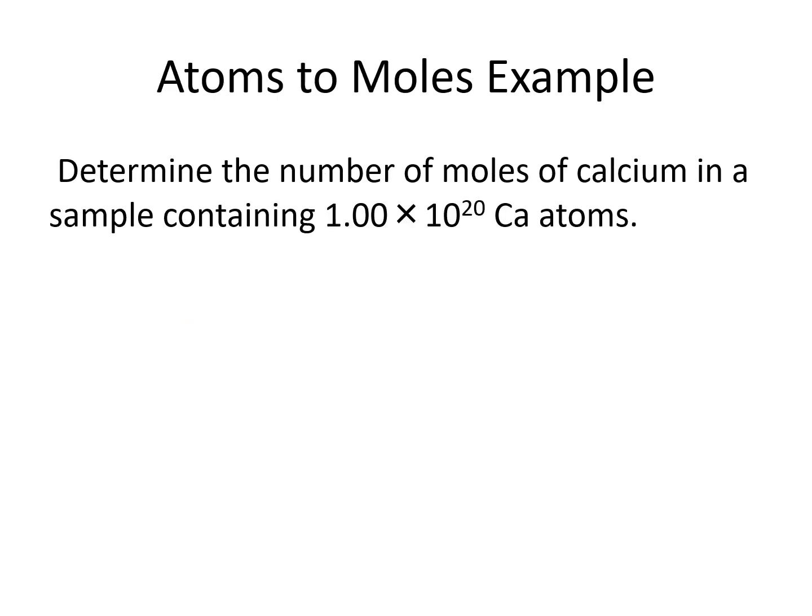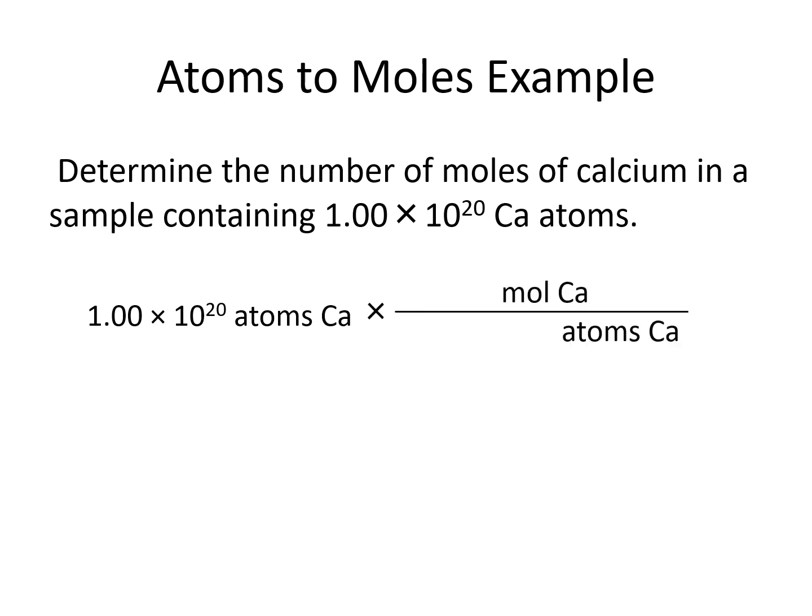We can also convert in the other direction, from atoms to moles. In this example, we are given 1.00 times 10 to the 20 atoms of calcium and asked to find moles. We would start with the number we are given, 1.00 times 10 to the 20 atoms of calcium. Then we would choose a conversion factor with the atoms of calcium on the bottom to cancel out with the atoms of calcium we started with, and moles of calcium on the top, since that is what we are trying